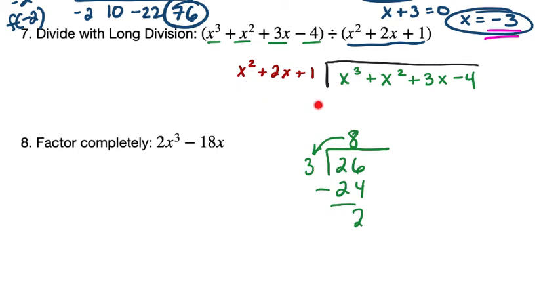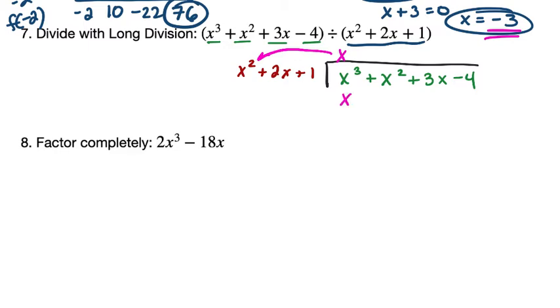What do I have to take x squared times to get x cubed? Not close in this case. I can get exactly x cubed just by taking it times an x. And then I multiply and subtract. So here we go. Let's carry out these multiplications. X times x squared. Line it up under my x cubes. It's 2x squared lined up under x squareds and 1x. And then we